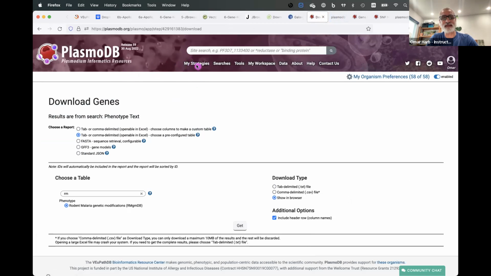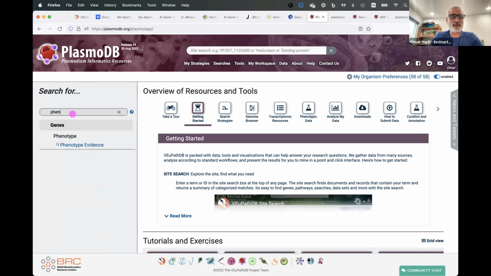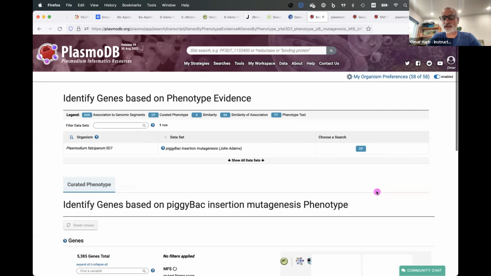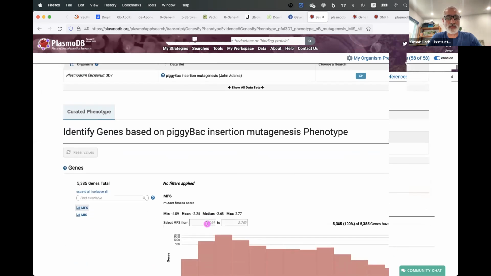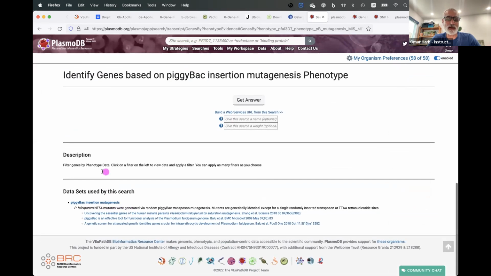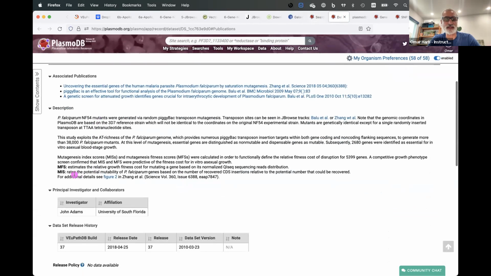Now for the piggyback data, same thing. I can get it for any list of genes that I have. Let's start over. So we can go to phenotype evidence, and now if we go to this piggyback data right here, and select the search option for it, now you can scroll down, and here is the data. And again, to learn more about this experiment, I would recommend looking at the papers. You can look at the description page that we have for this data set, which provides a bunch of information,